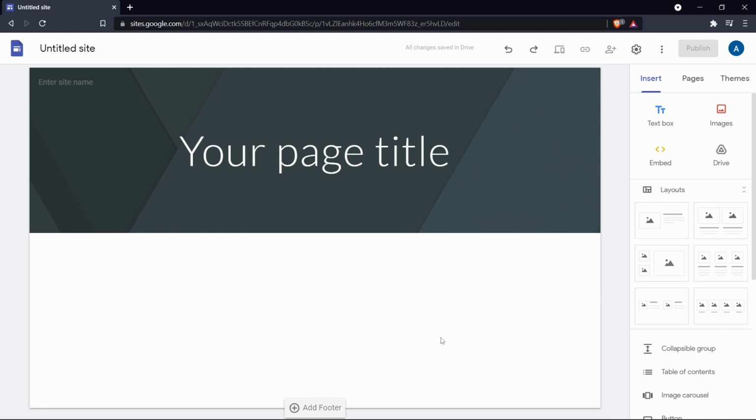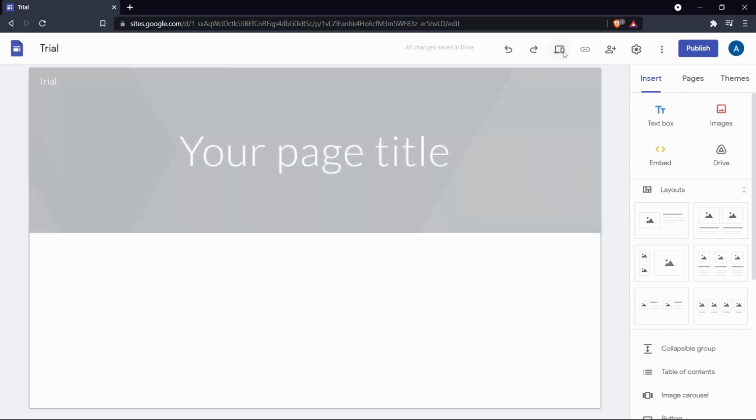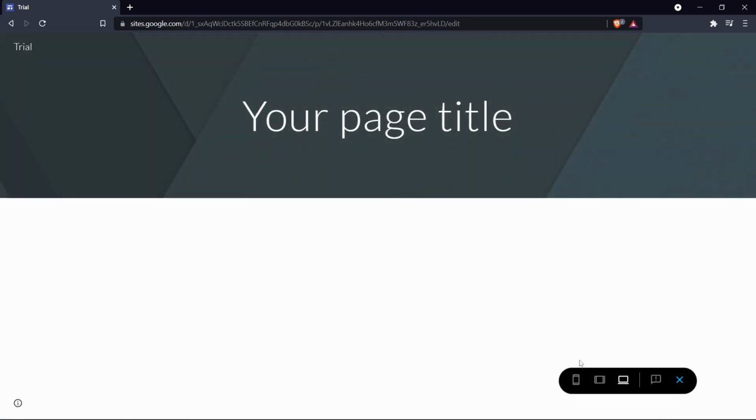So first I'll quickly show you around all of the settings on this page. So on top over here you can just name it, and another good part is that all of the changes get saved automatically. So over here it's to undo or redo, then this is to preview all of the changes which you've made. So once you've made a change and you want to see how it'll look, just click on preview, and after that you can see how it looks on a phone, on a tablet, or on a laptop.